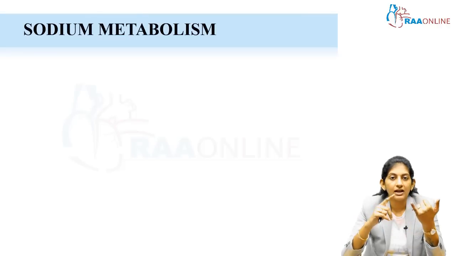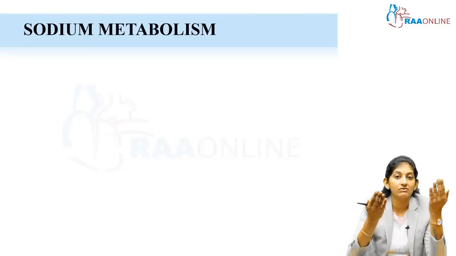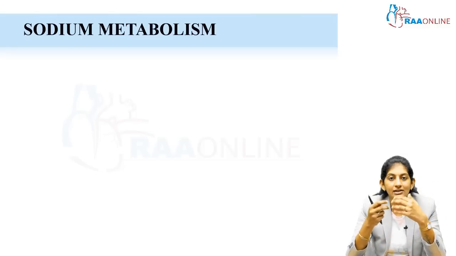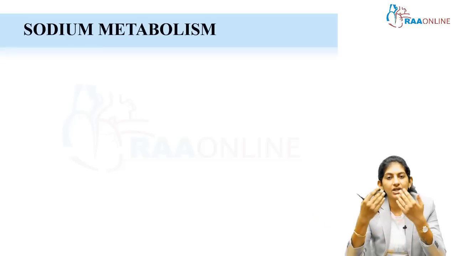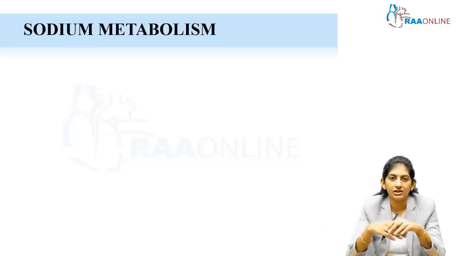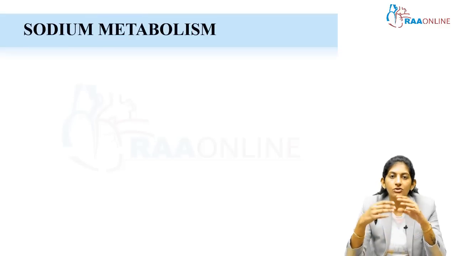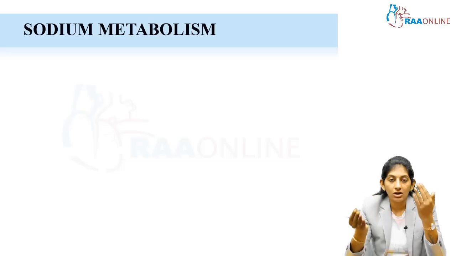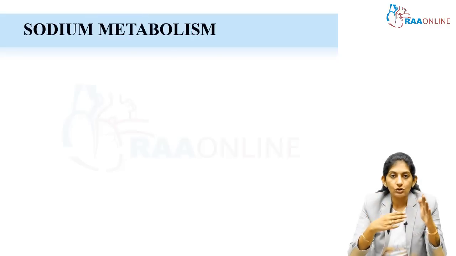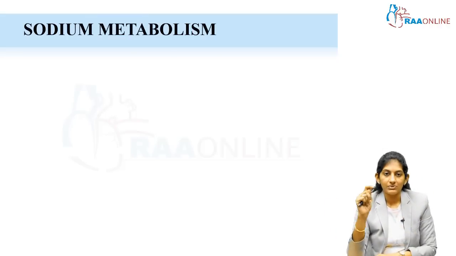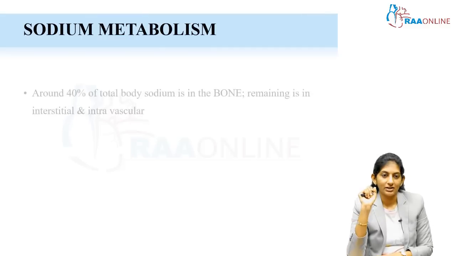So the volume status can be hypervolemic. So much 3% saline you are giving, so the volume status will be very high. Or if the child is having an episode of acute gastroenteritis where the child is losing so much water, that is, free water is lost, there will be hypernatremia. So the water balance in the system only will determine the clinical features and manifestations of hypernatremia. You will get to understand this topic as and when we are discussing. I am just telling why sodium is unique here.